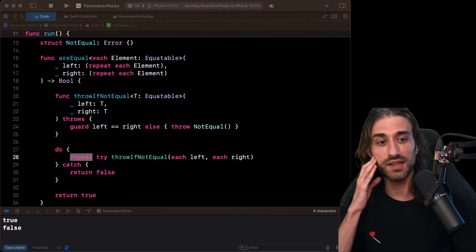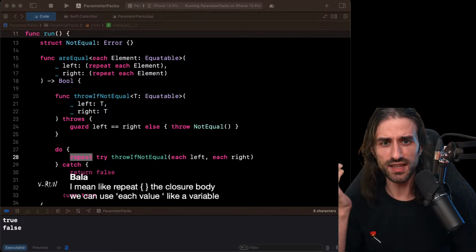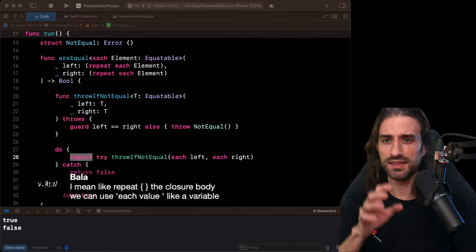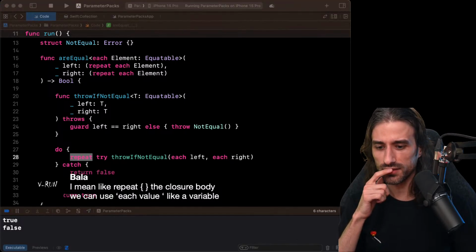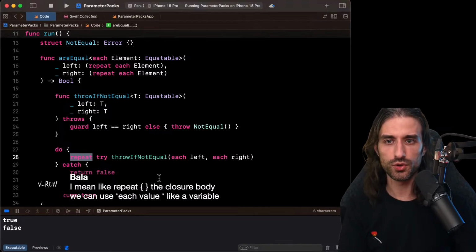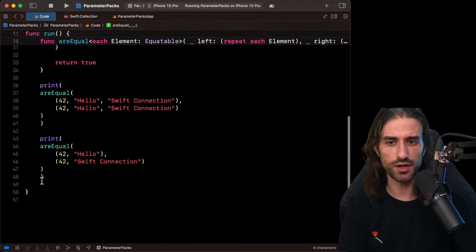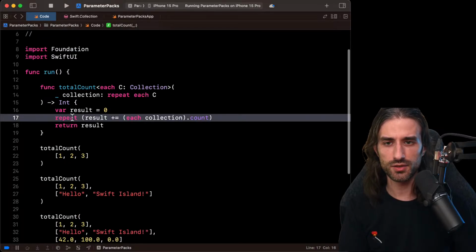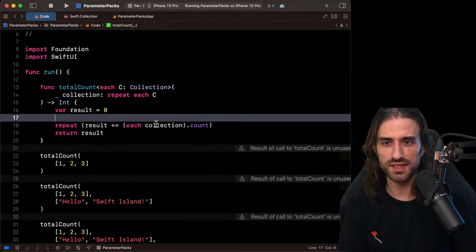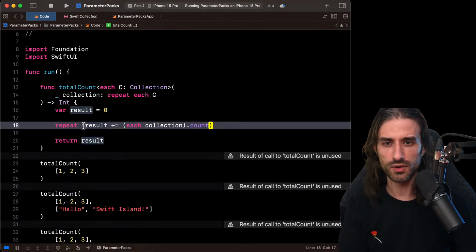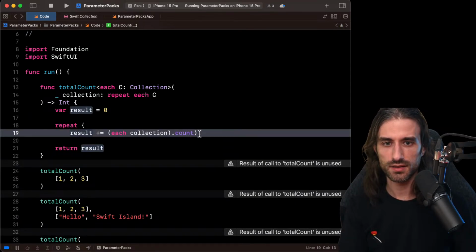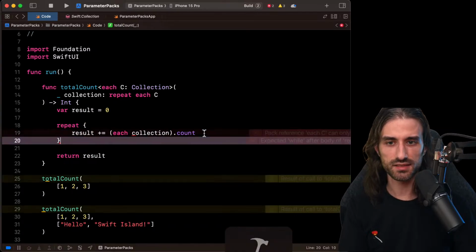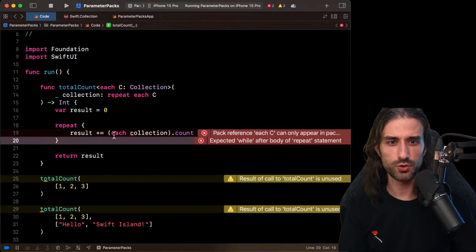Oh, when you say repeat the body, yes. In that case, what you're suggesting, doing repeat and then a closure. Oh, that's interesting. You know what? I'm gonna try it, because I want to see if it could work. So I'm going to remove the code of r equal, because I think we've covered what I wanted to show you here. I'm going to paste back the code of total count. And so what you're suggesting is to do something like, let me move it a bit. So repeat, something like that. I think this is what you had in mind.